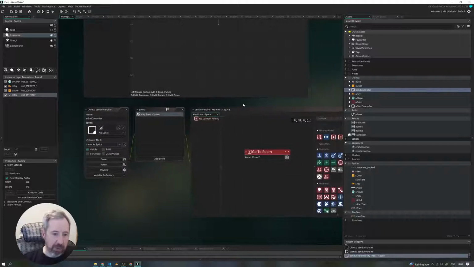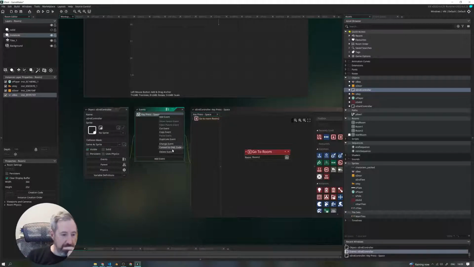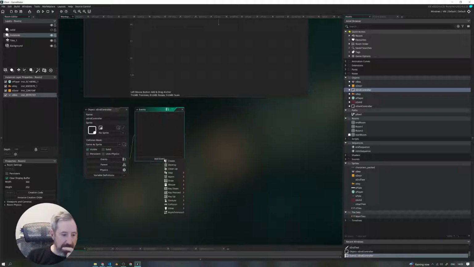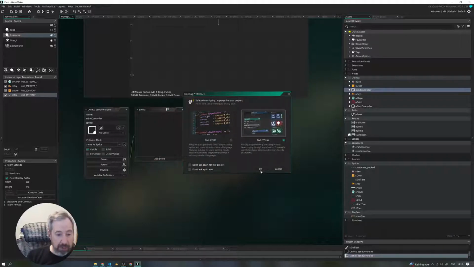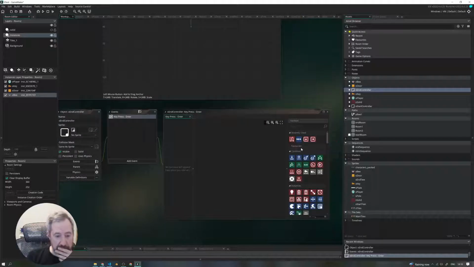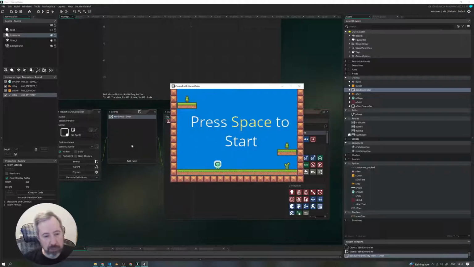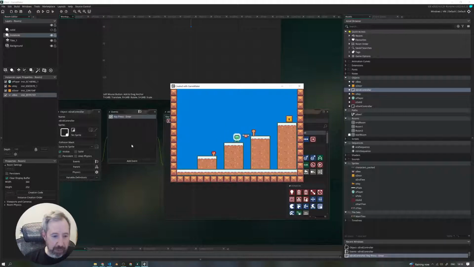So inside here we've got go to room 2. I'm going to just delete that event. And I'm going to add another event. Key pressed enter. We'll just do go to room, room 1 for this, and then we'll play the game. So if I die now,